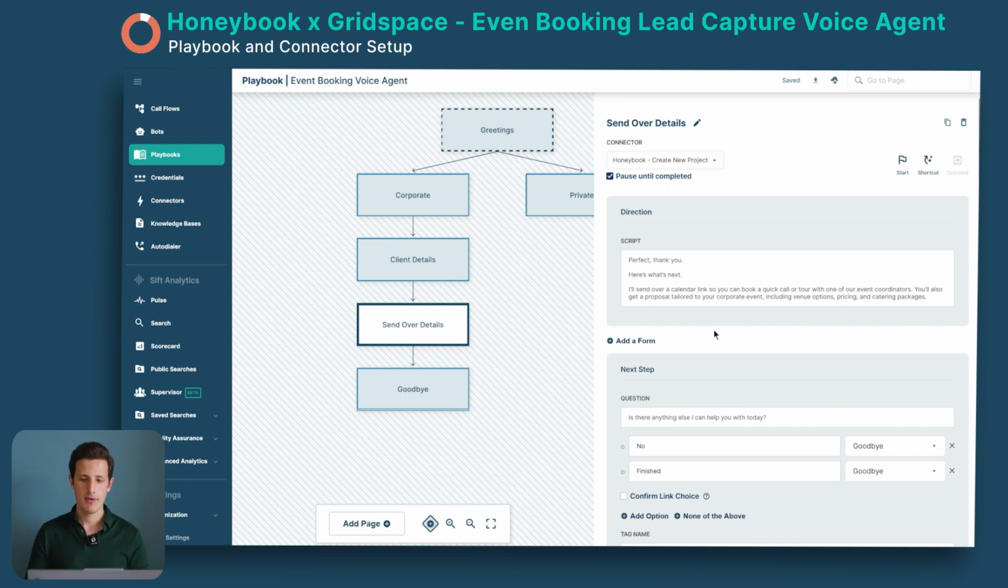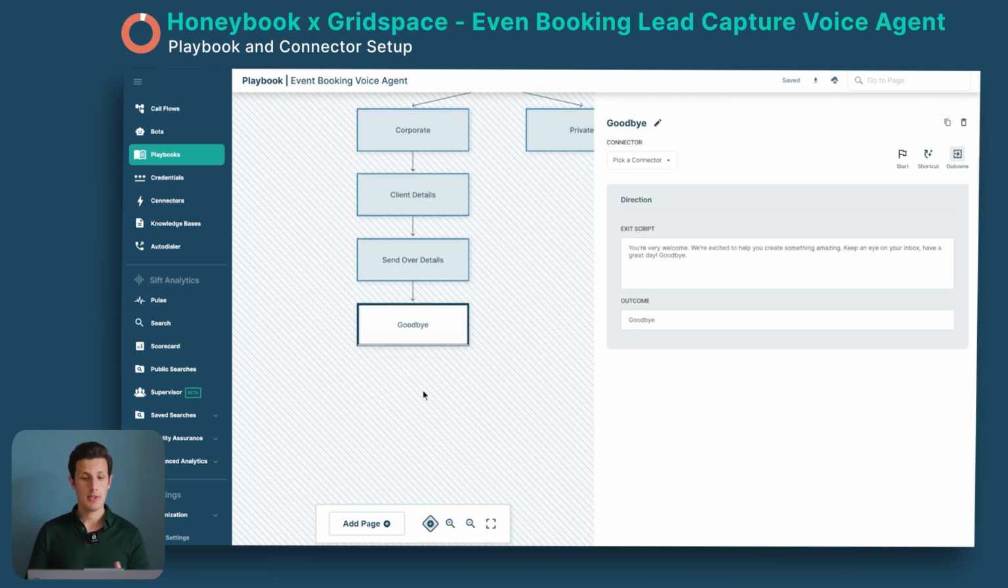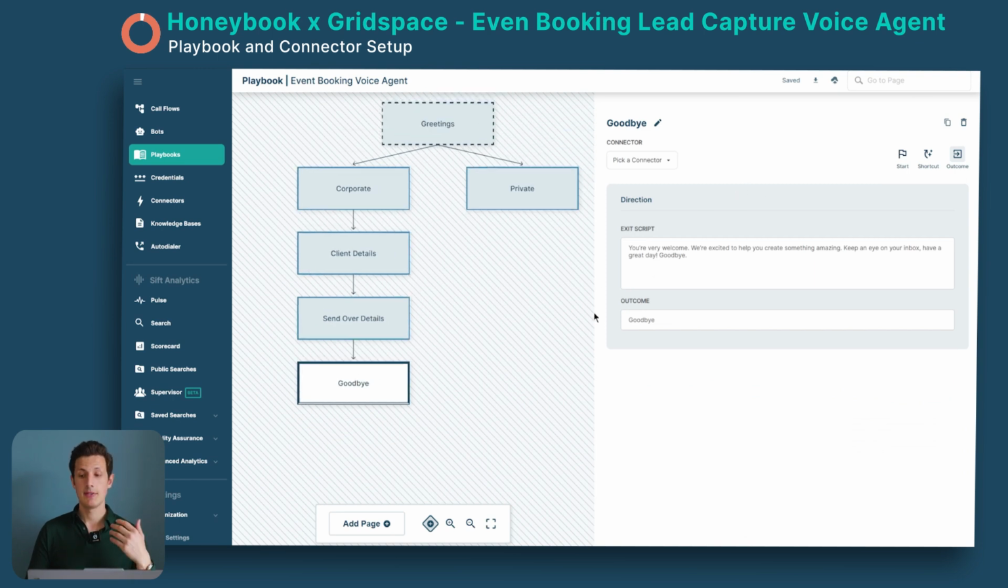And of course, then here we have our ending script, asking if there is anything else we can help you with. Then no. Then we go into the last, basically the outcome page. We set this to outcome, which will then finish the script right here. And that was how we use Gridspace's AI voice, Grace, to capture leads and then save that information into